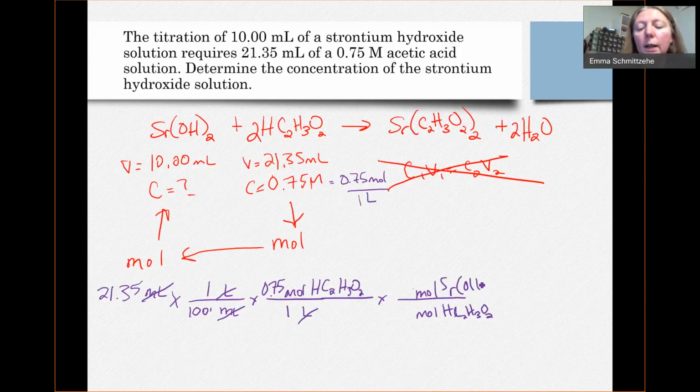And that, once I have moles of strontium hydroxide, I'm going to be able to get its volume. So my mole to mole ratio there, I have a 2 for the acetic acid and a 1 for the strontium hydroxide. And so I'm going to go ahead, I'll calculate that, and then we'll continue. So 21.35 divided by 1,000 times 0.75 and divided by 2. And so that gives me